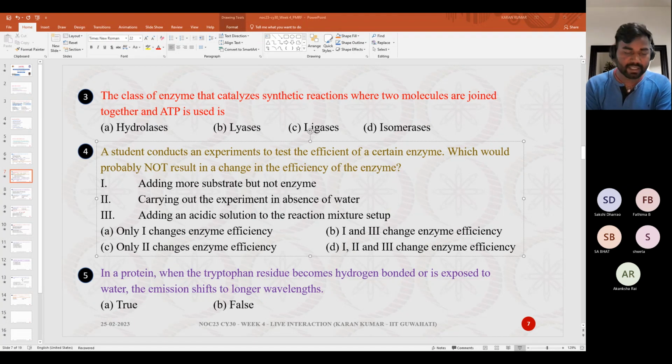Now you have correctly answered that carrying out the experiment in absence of water, when solvent is not there, will affect the enzyme reaction system. If water is optimum for the enzyme catalysis, then removing the water will impact its catalysis. Now, adding more substrate but not enzyme. Let us discuss the Michaelis-Menten kinetics. In Michaelis-Menten kinetics, to give you a clearer idea, if substrate concentration is much more than Km,